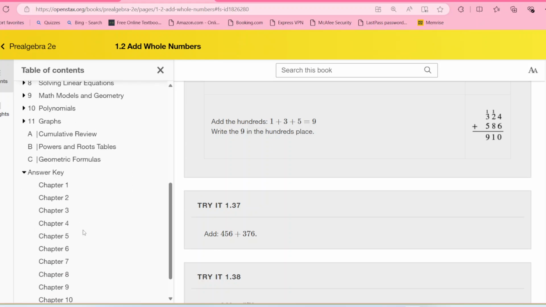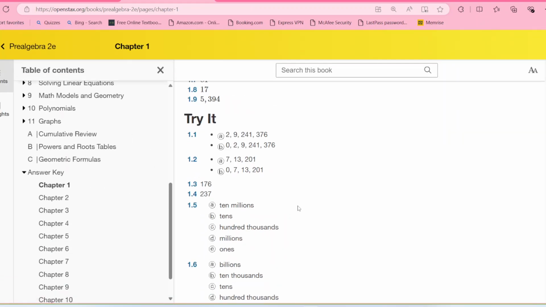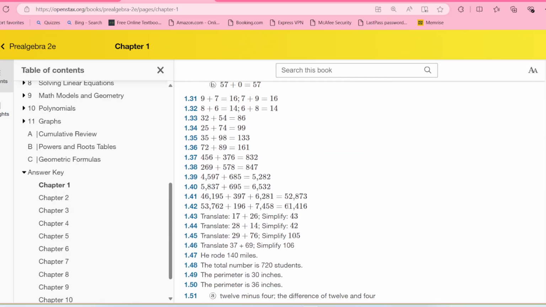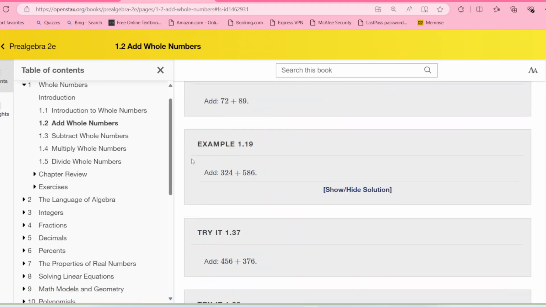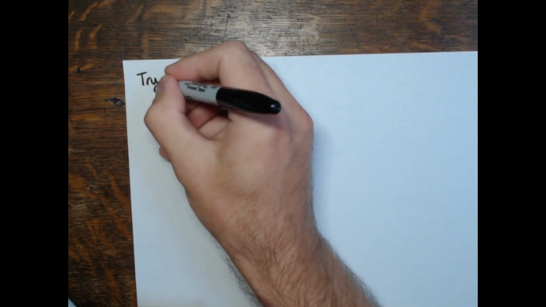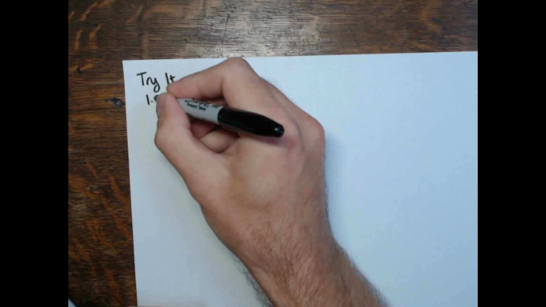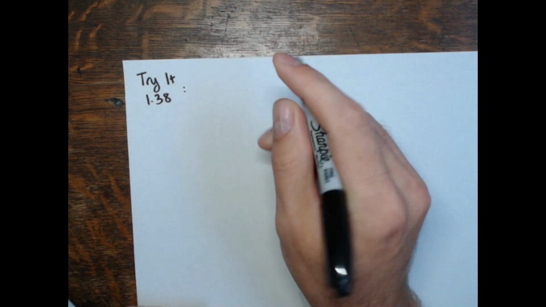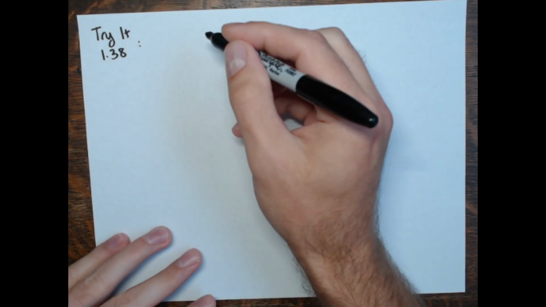Let's check it out. Back to the chapter 1 answer key. Try it 1.37. 832. Wonderful. All right, then try it 1.38. Another sum of two 3-digit addends. The same procedure is going to continue here. So try it 1.38. Another sum of whole numbers,